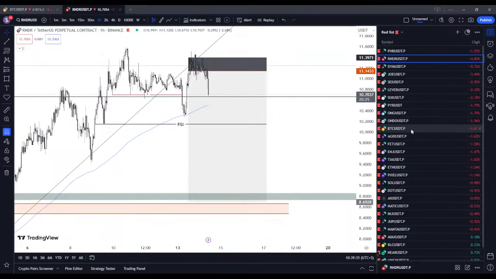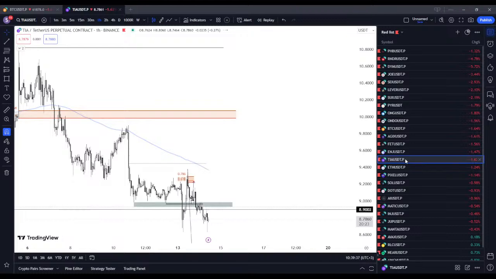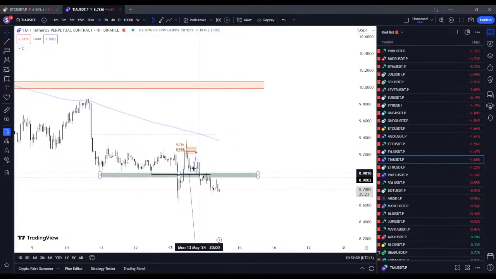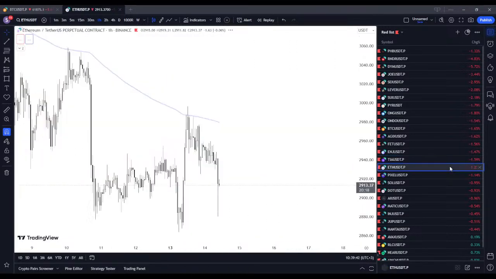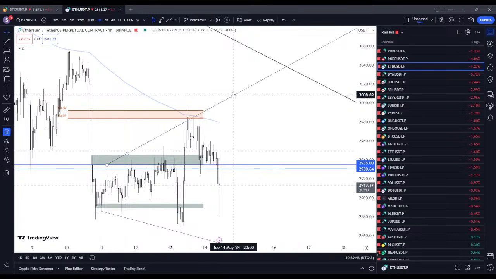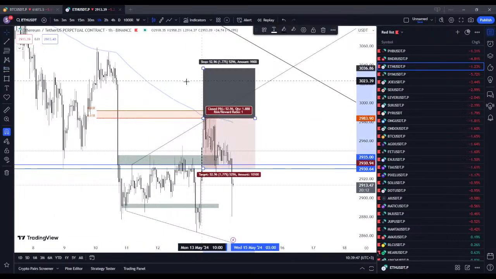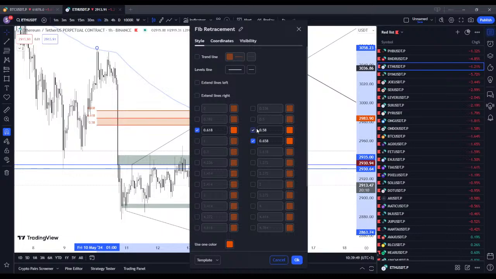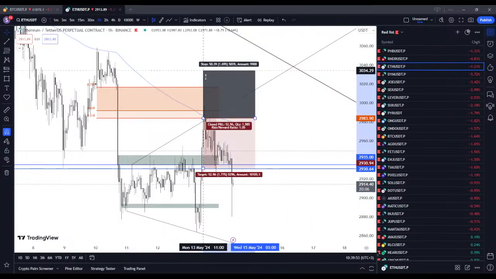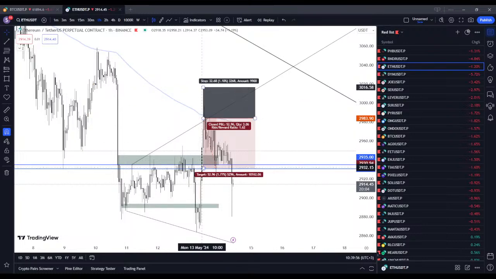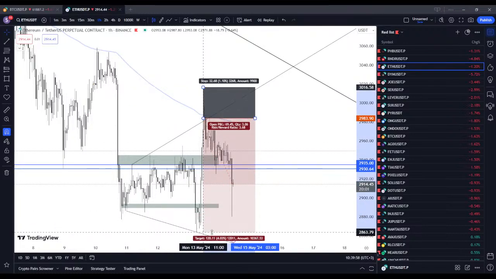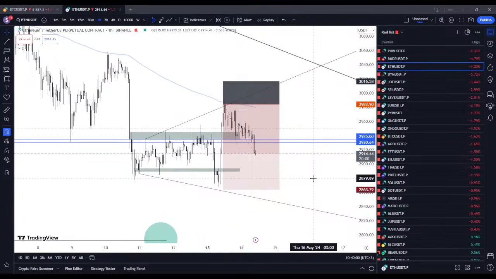I had some more trades. Let me see them. Well, TIA failed here, but I managed to get it risk-free. I was at 1 to 1 hour. We are short on Ethereum. Discussed this megaphone pattern. Was quite an easy and nice one. I already took some profits on it because I'm expecting a bounce around here.